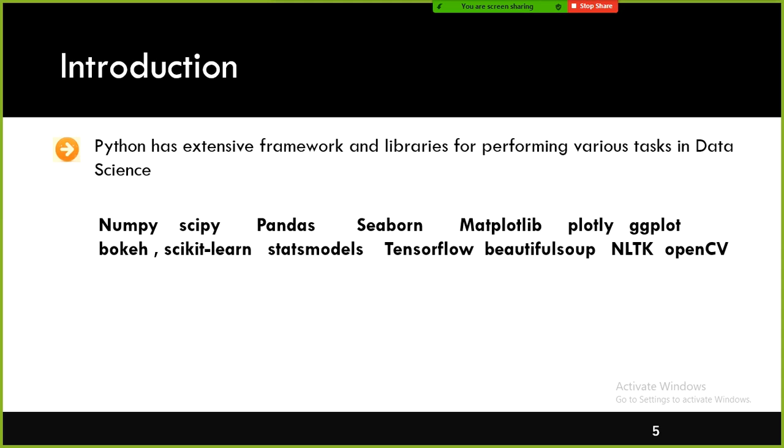Some customers say Bokeh and Plotly are not required, because in the case of Plotly you have to write many lines of code. For example, if you want to specify the scale for your x-axis and y-axis, you need to write it separately. You need to remember the syntax. So many things are there. But when it comes to ggplot, it's very easy to remember. Only 4 or 5 components are there. If you remember them, that is more than sufficient.